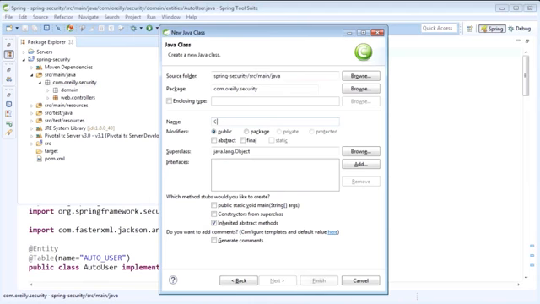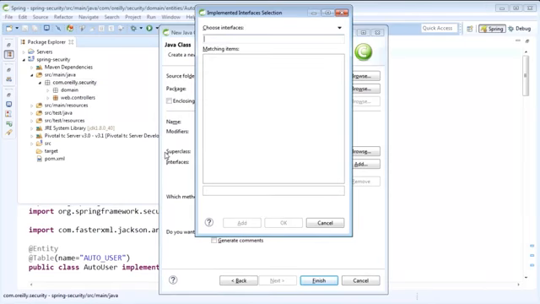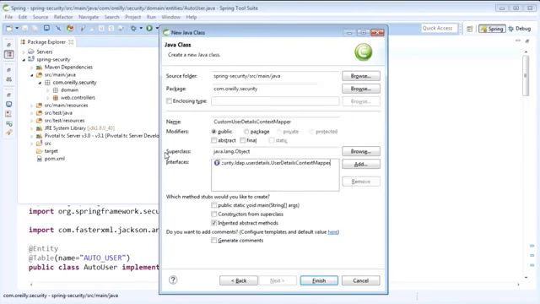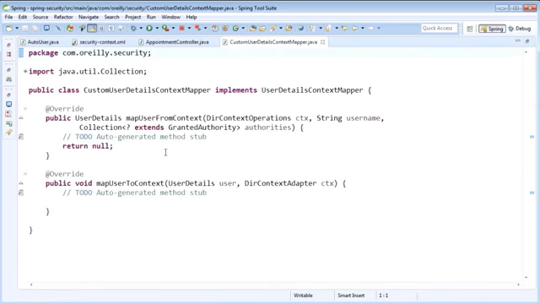Now we're going to create a class named CustomUserDetailsContextMapper. And this class is going to implement the UserDetailsContextMapper interface. So just hit Finish once you have selected that interface. And here we see our class, and this is what we're going to work on to provide the implementation of